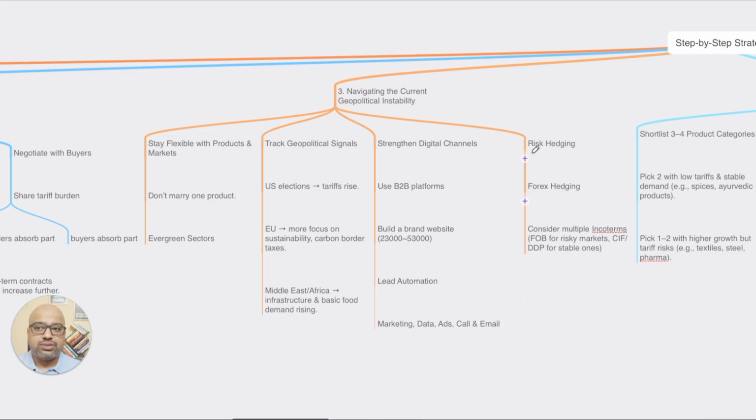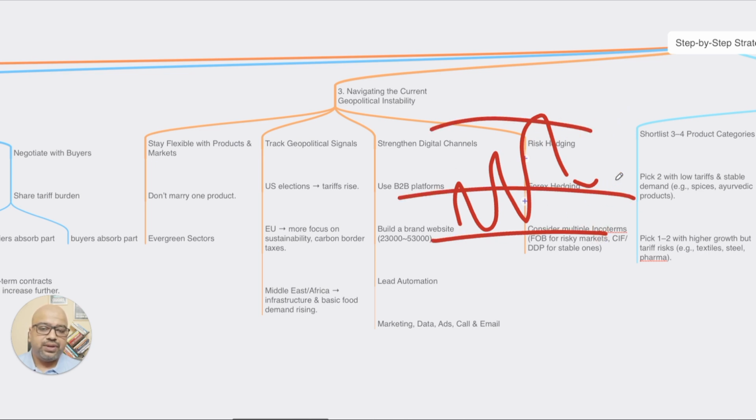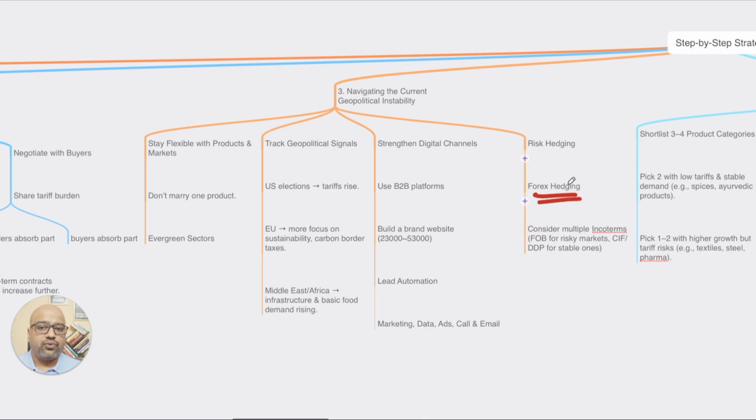Then when it comes to financial situations like today, you need to be sure that there is risk hedging. So you need to go to the bank and tell them that there is forex fluctuation. You never know at what price you are getting, the higher, the lower, the mid. So you need to do a hedging agreement with the bank. What I suggest is go and ask them for forex hedging or forward contracts. You can do a hedging and fix a price, whatever the fluctuation in the global market could be for $1. It could be 86, 87 something, but you can still go and do a hedging for 85 rupees